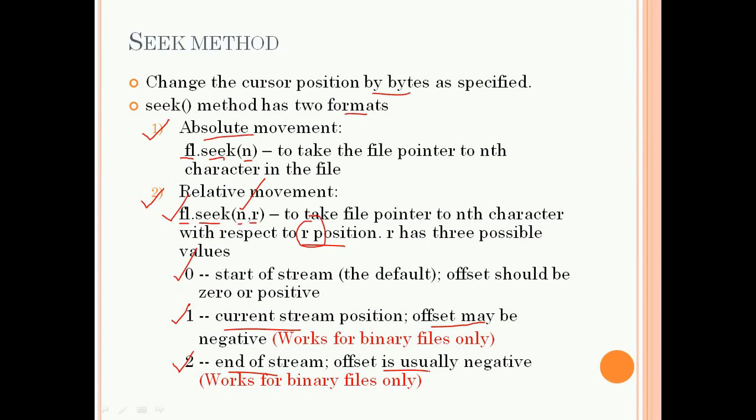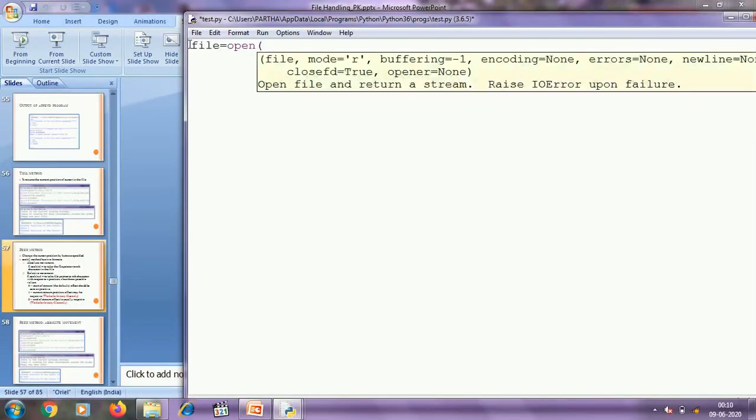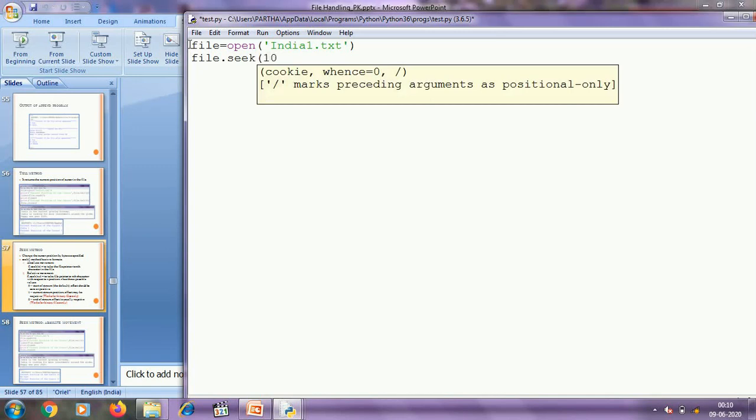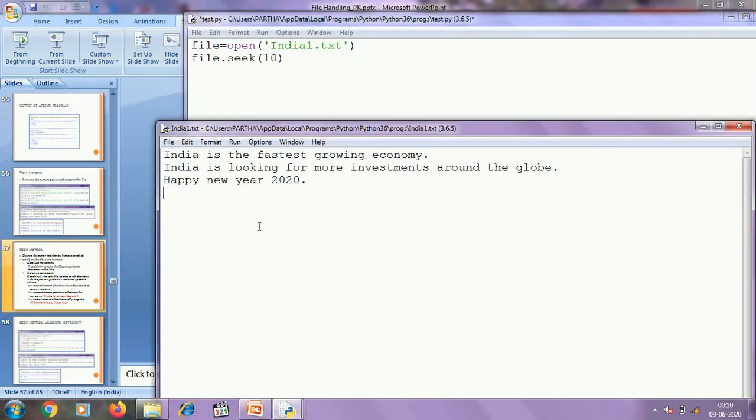I am going to explain the seek method using a program. We are going to open india1.txt again. Then I am writing file.seek(10). That means it will point to the 10th character of the file.